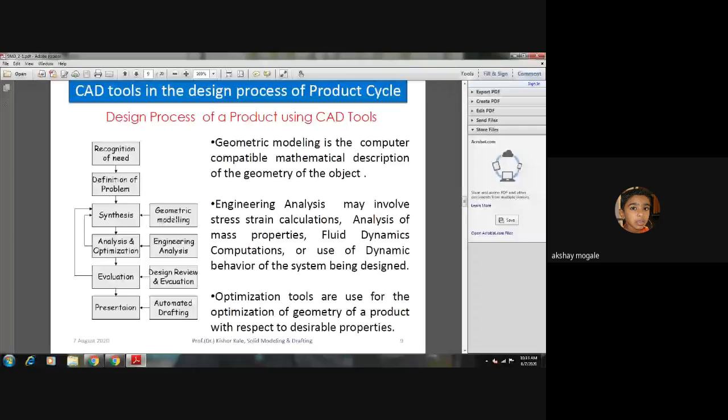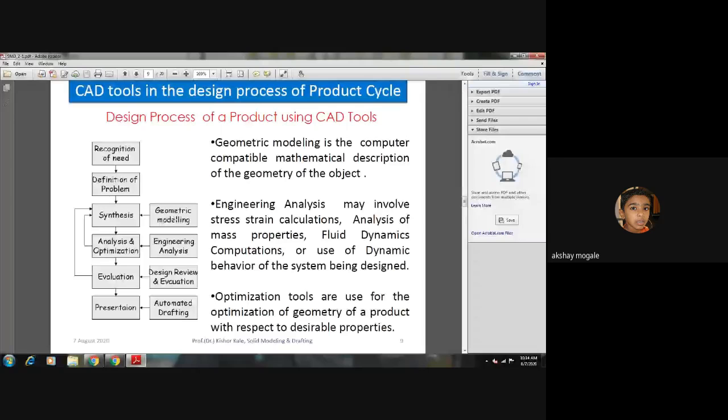Now the same formulas are being used in computers to display your circle on a screen. Whatever we are storing in the computer or in the CAD software is in terms of mathematics. So just we should know this much only. Geometric modeling is stored in terms of mathematics, and it is used for synthesis. It's very easy because we don't have to create an actual model, it's a virtual model. We can do whatsoever we wish.